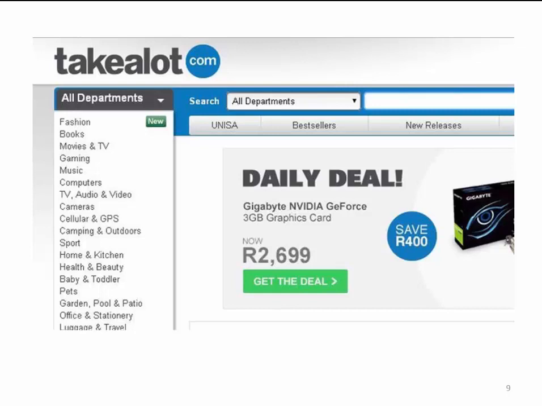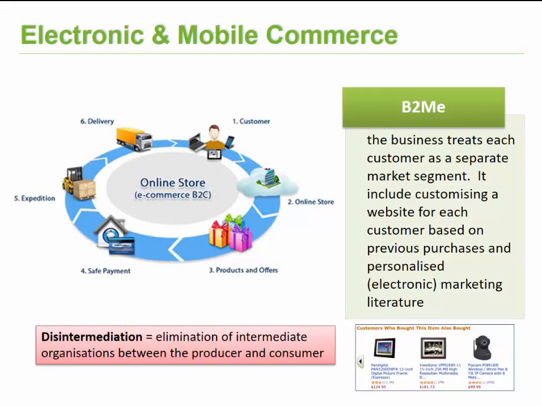Now there's a subset to business to consumer e-commerce, and that subset is known as business to me. When we talk about business to me, that is when the company treats each and every customer as a separate market segment. So they can detect what your buying patterns are, customize the website based on your preferences and previous sales, and then personalize marketing and direct that